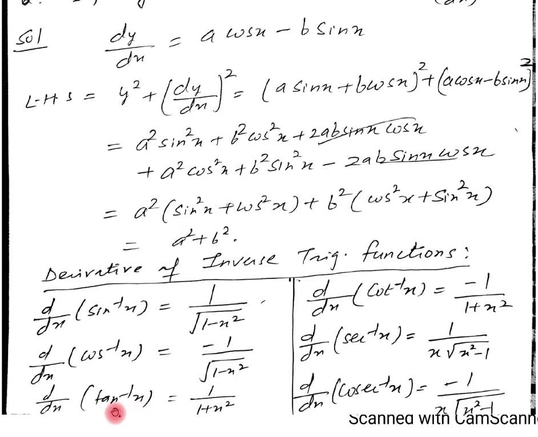Similarly, the derivative of tan inverse x is equal to 1 upon 1 plus x square. Then the derivative of cot inverse x is minus 1 upon 1 plus x square. Similarly, the derivative of secant inverse x is equal to 1 upon x under root x square minus 1. And the derivative of cosecant inverse x is equal to minus 1 upon x under root x square minus 1. Just see, these are the derivatives of inverse trigonometrical functions. Now you have to learn all these results, and tomorrow we will use